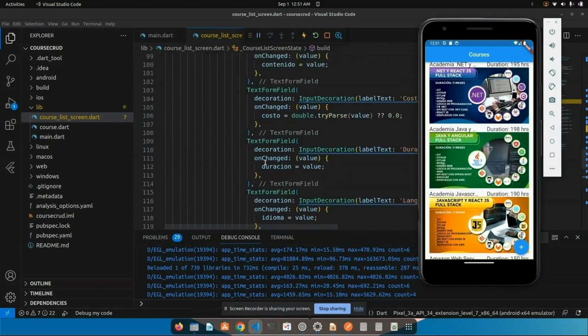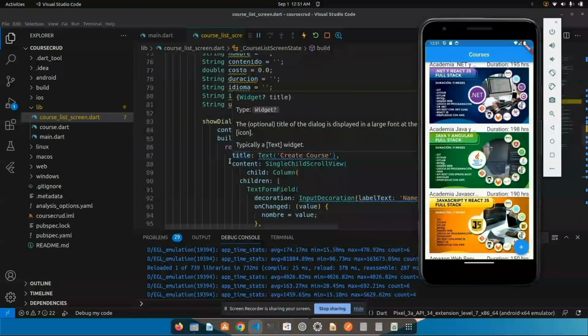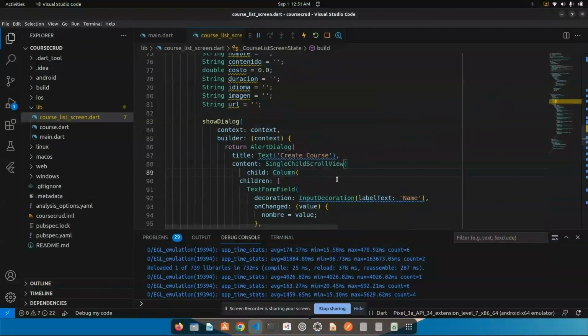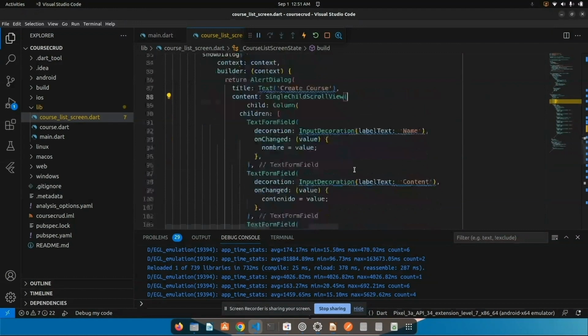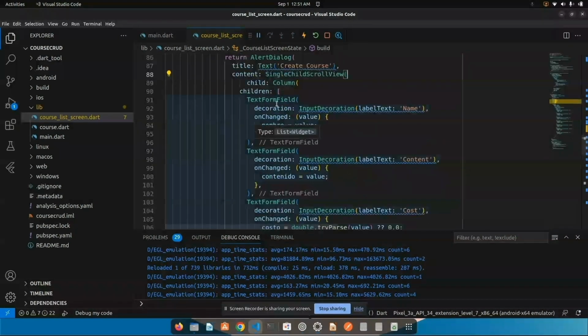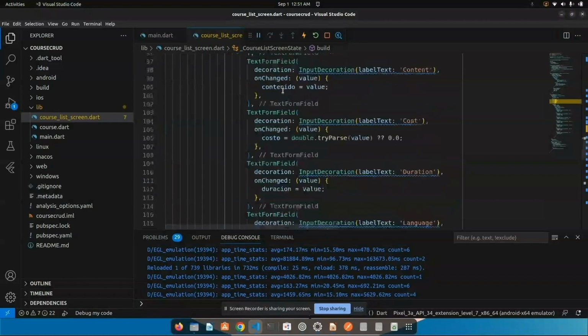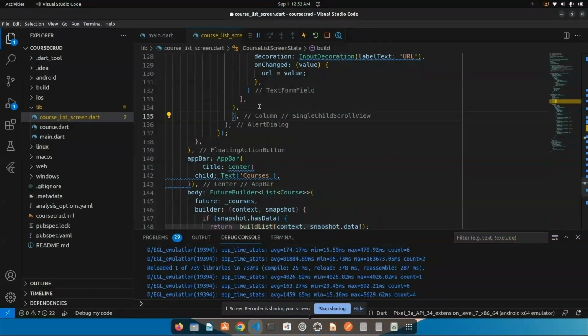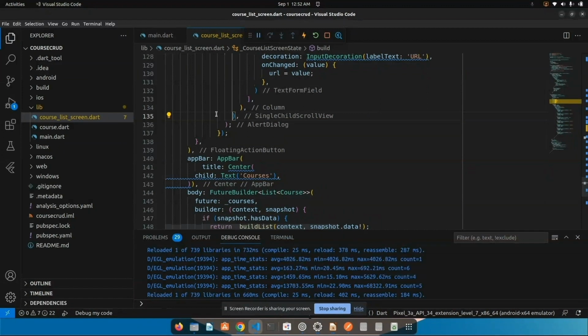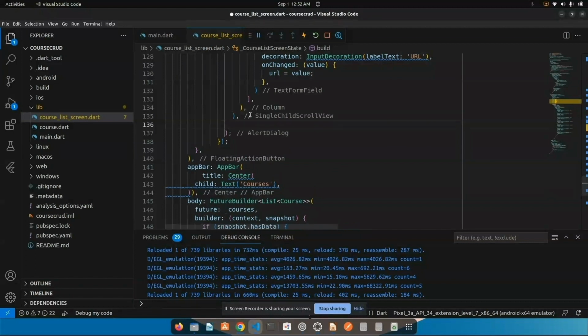So, let me check how we do it. And here it is. I use the action property,